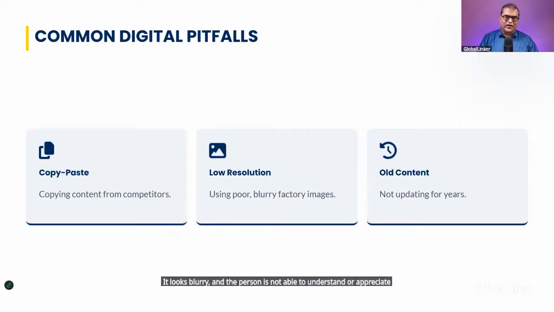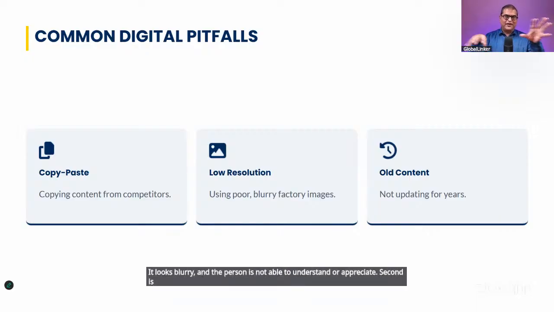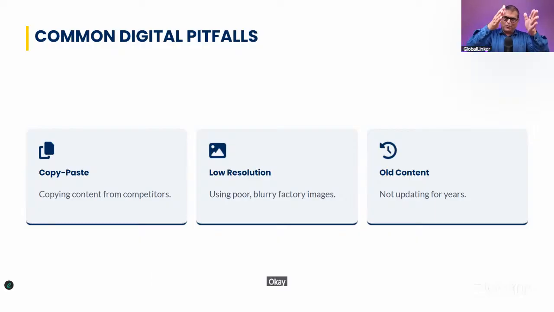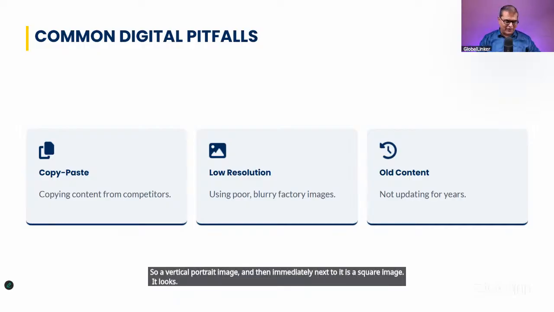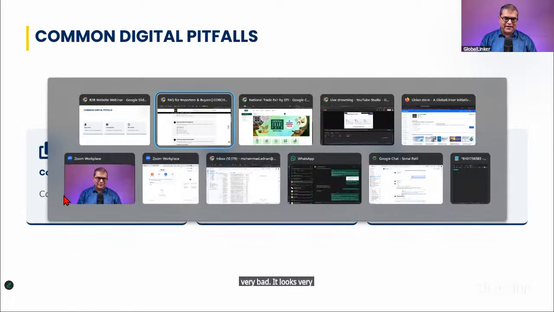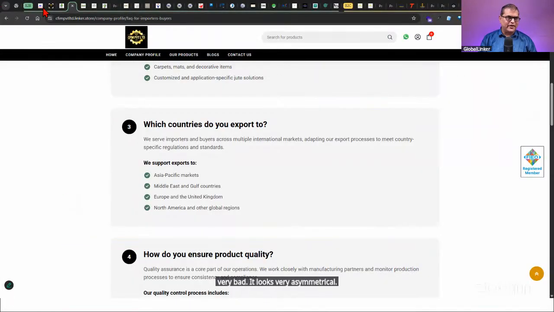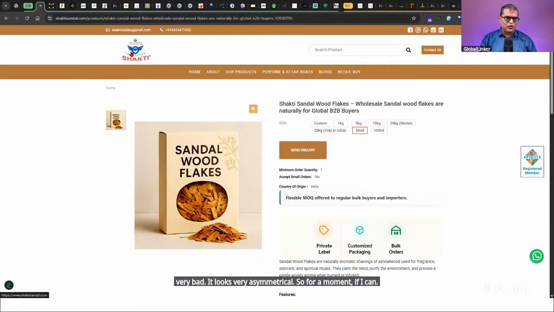Second is the different aspect ratio. A lot of times you may see on a website that there's a portrait image and immediately next to it is a square image. Right, a vertical portrait image, and then immediately next to it a square image. It looks very bad, very asymmetrical. So for a moment, if I can go and show you,